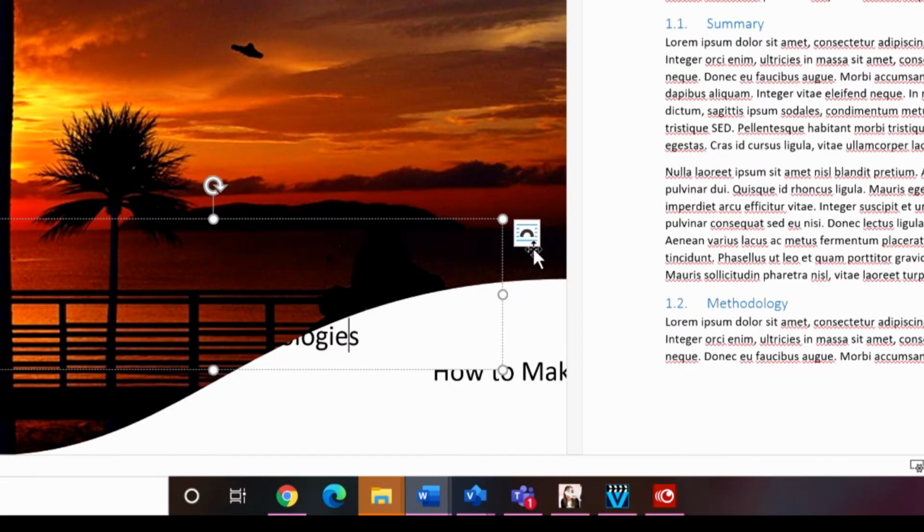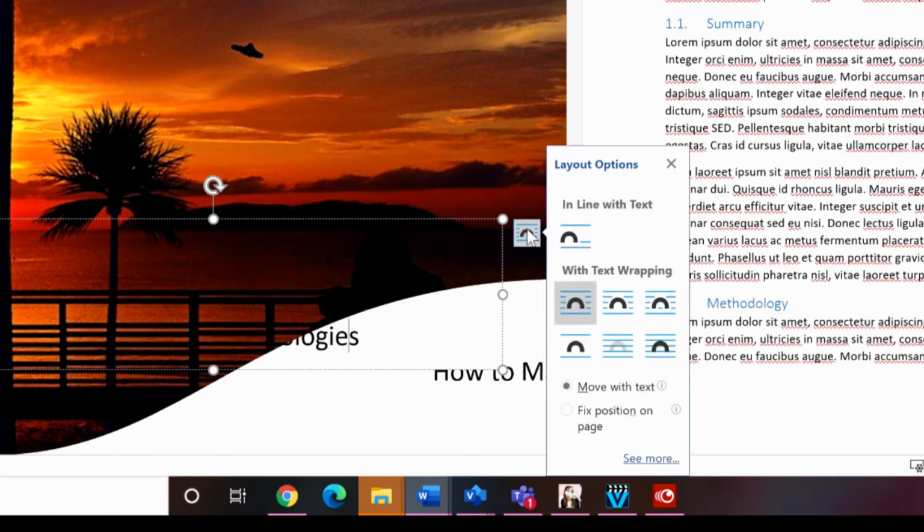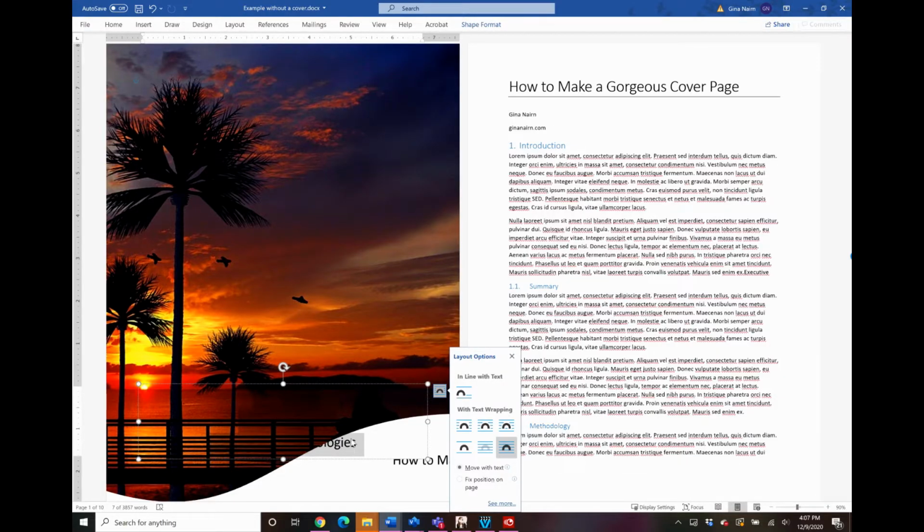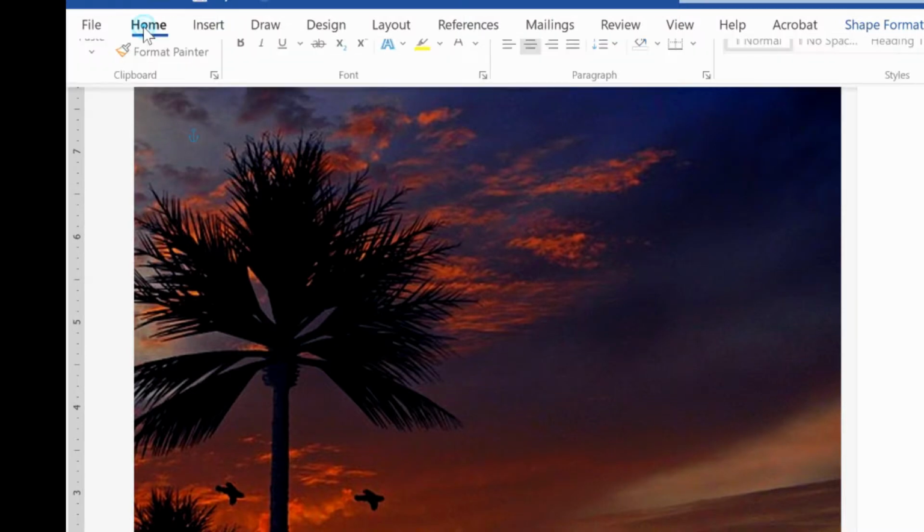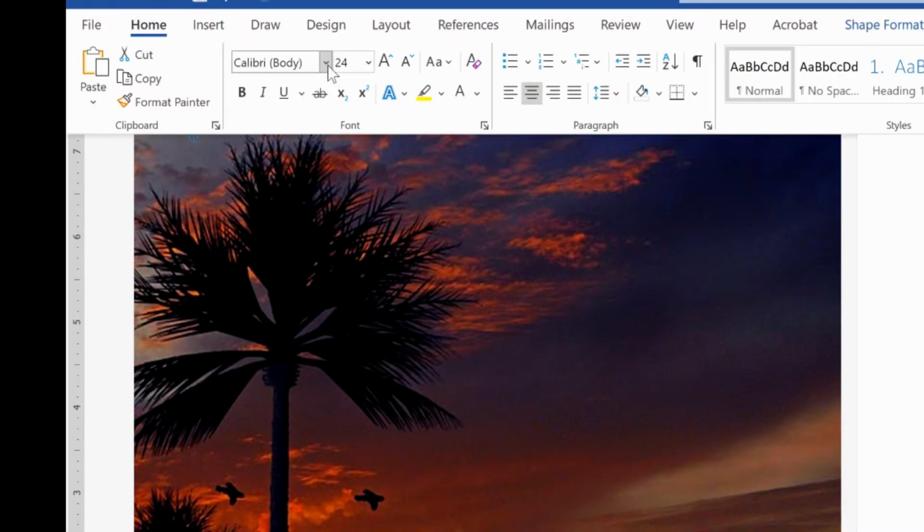Okay, so now let's take a look at the text. So let's go ahead and put him in front of text. And let's go ahead and highlight. I just did a Control A on this text. And I am going to pick a font that is a little bit more pronounced.